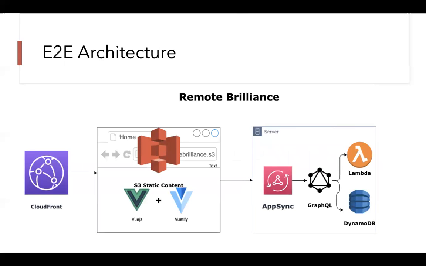This is the end-to-end architecture that I implemented. The only thing missing, as I mentioned, is Cognito in here. But as you can see, CloudFront, this is static. The static contents are deployed to S3. And I use Vuetify for creating the UI components. So a lot of that is just using Vuetify tags and adding some attributes and labels so that it is customized. Vuetify is a Vue.js application. Vue.js is a front-end framework.